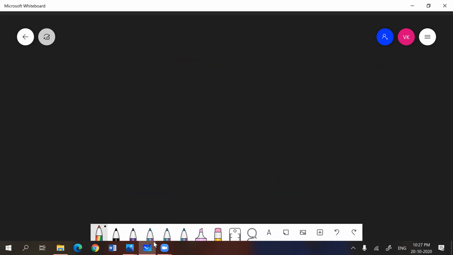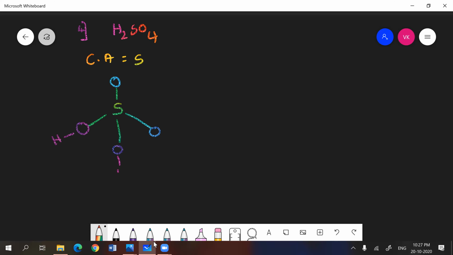What is the Lewis dot structure of sulfuric acid? How can you write the Lewis dot structure for sulfuric acid? Here again the same thing. The central atom is sulfur. So take the sulfur, and sulfur gives either 2 or 6 bonds. You see here, 4 I wrote initially. I wrote 4 oxygens, and 2 oxygens with hydrogens because hydrogen will give you a single bond, and the rest of the 2 should be double bonds to satisfy 6 bonds.